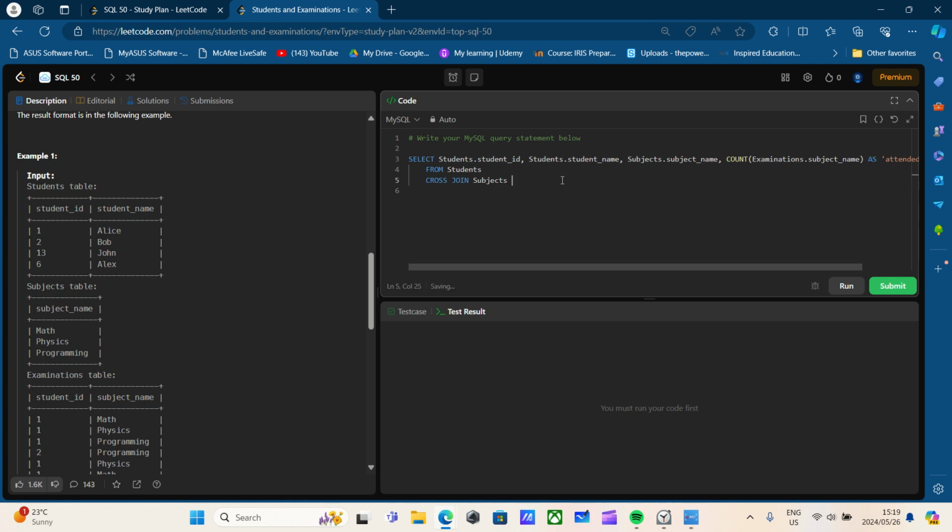So cross join is a Cartesian product, but then I'll still have to consider something else. They're not done. I need to consider how to join all the tables. Okay. Left join because I need to count for nulls. Examinations on students